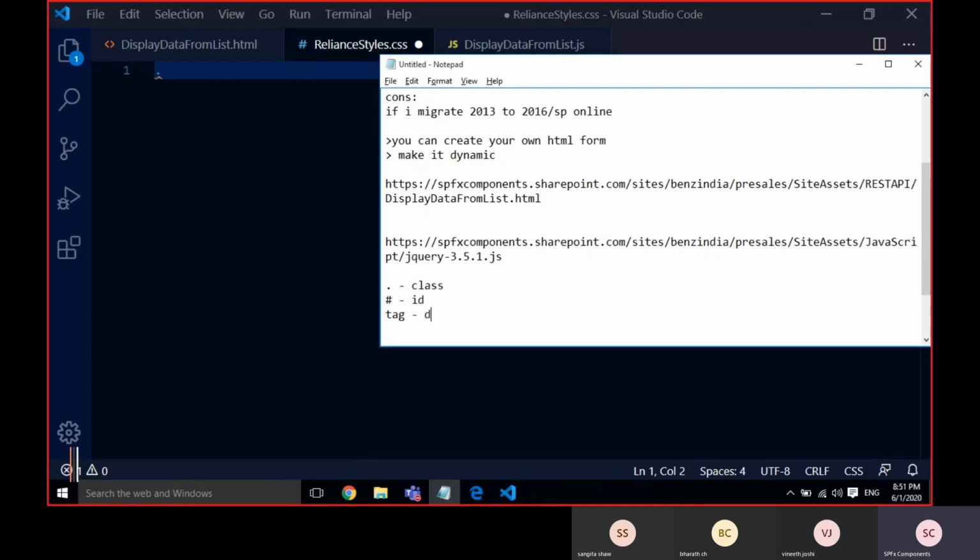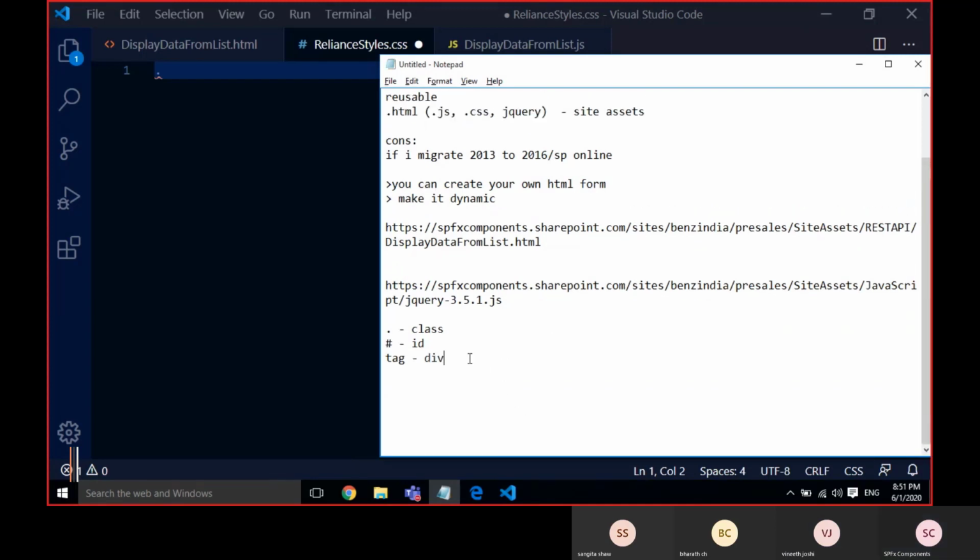So I'm just writing here anyhow. For example, I have a div tag. If the CSS is common for the entire application or entire form, since it is a div tag, I can take div directly here.